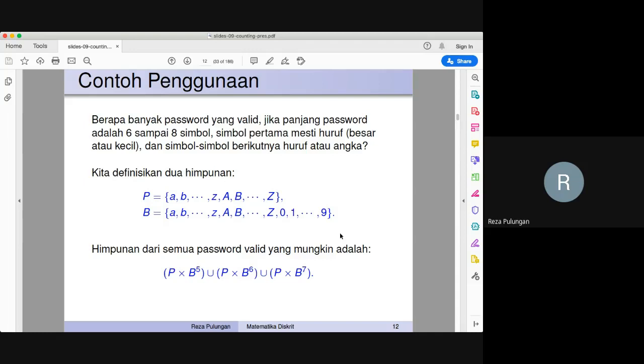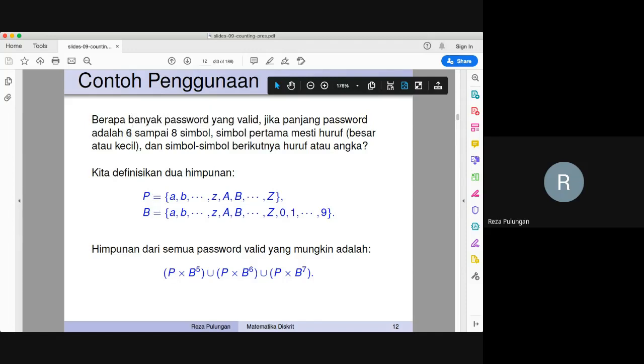Now then, what can we do? So this is just the solution to our problem. Look at this. We are talking about the password right now. We are not talking yet about the number of the password. So the password that we create can be 6 symbols long.